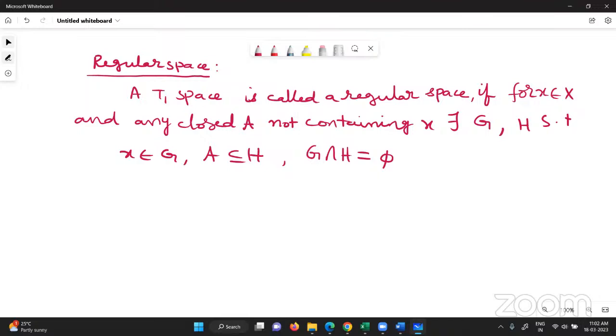Suppose there are some common chapters for 10th A and 10th B, then we will combine the sections. So that is the T1 space. T2 space means G and H both are